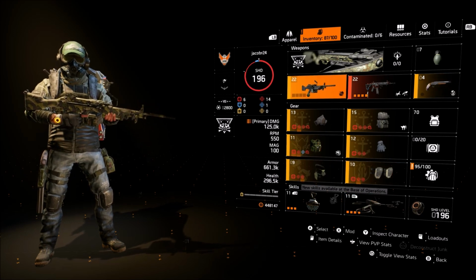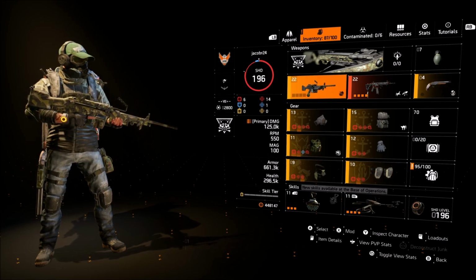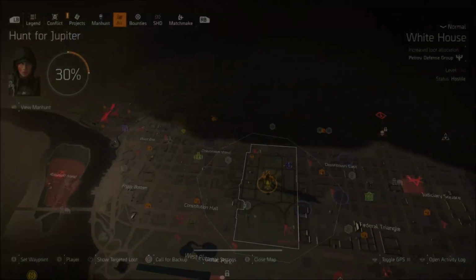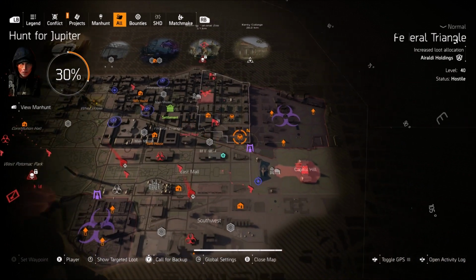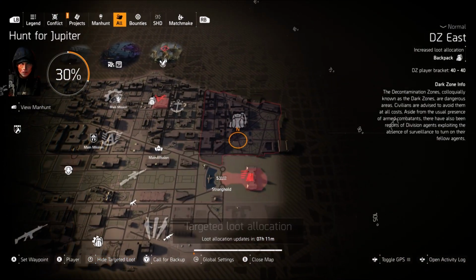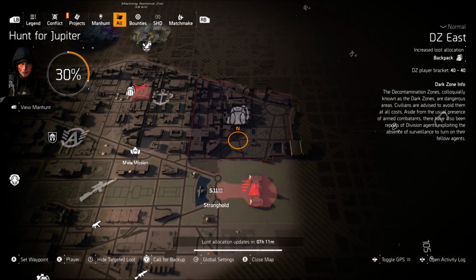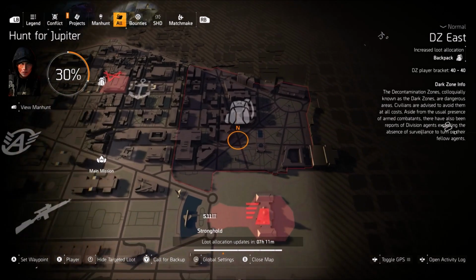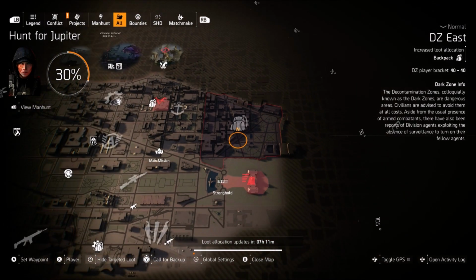weapon. This weapon is not on the Season Pass rewards. Last time I checked, I could be wrong, but I'm pretty sure it's not. So I'd highly recommend farming stuff like the DZ, trying to get this. This is where I got mine. I'm not sure if they changed it, but originally I think you could only get this weapon in the Dark Zone. So I'd highly recommend going in the DZ and trying to farm for loot allocation LMGs when it pops